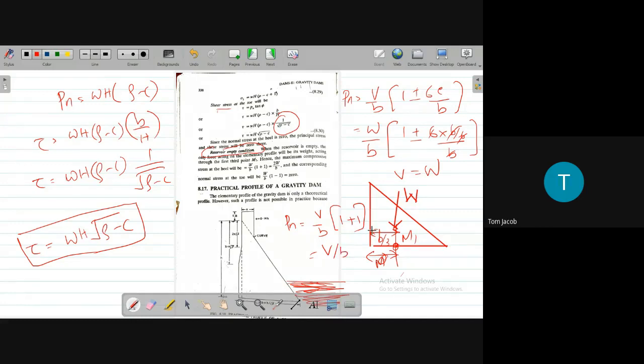That is V by B into 2. So that is equal to 2V by B, which is equal to 2W by B. Okay, it's 2W by B. And the corresponding normal stress at tau will be,